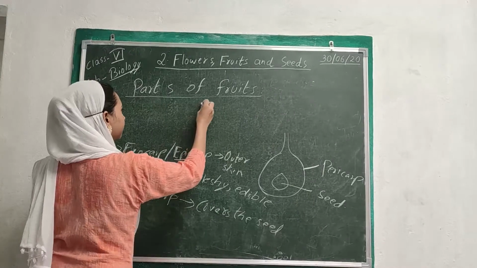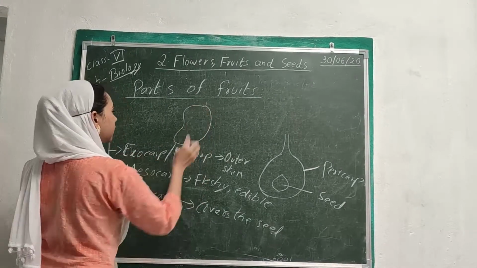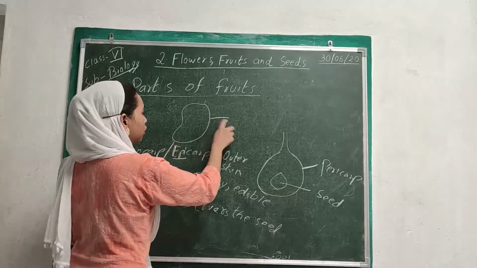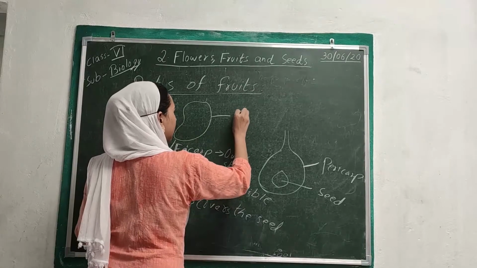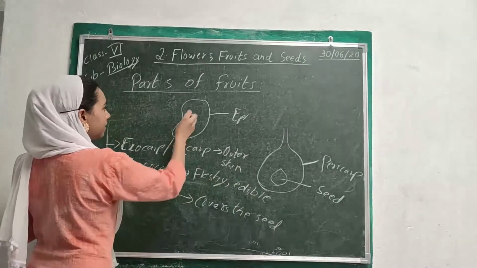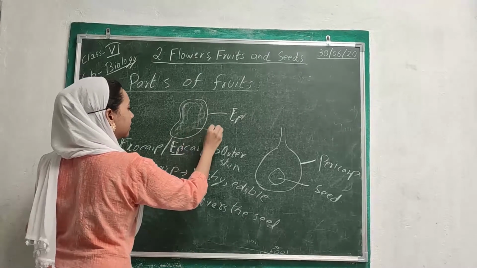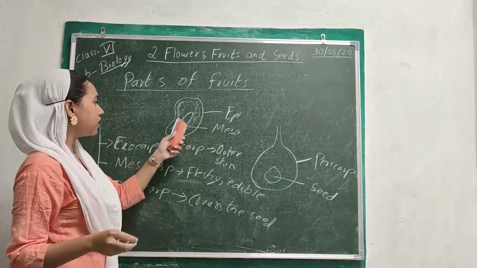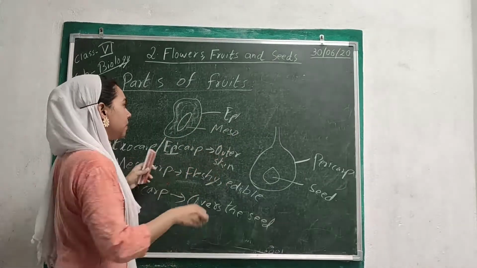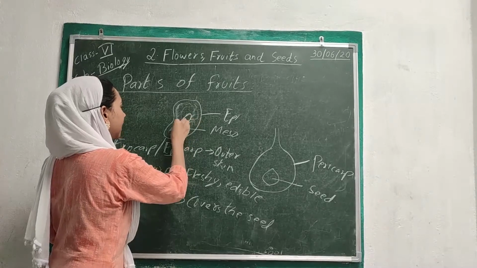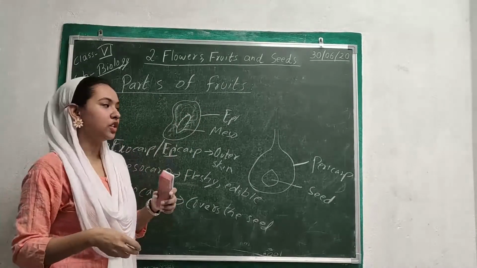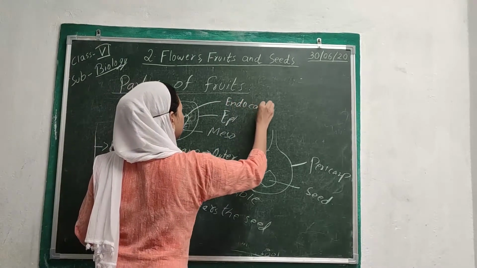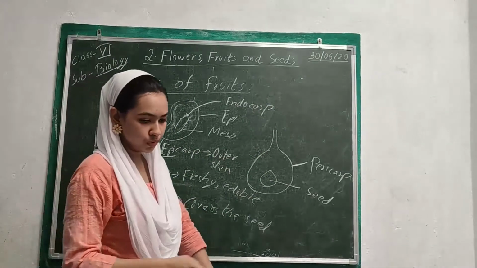Mango. Now when you eat a mango, you will see there is a cover outside, and you peel off the cover. That is the epicarp. Inside, the yellow thing that you eat is the mesocarp. Then you find there is a seed inside. But after eating the yellow part, you will see a very hairy structure covering the seed. This part is the endocarp. It actually protects the seed. So these are the basic parts of a fruit.